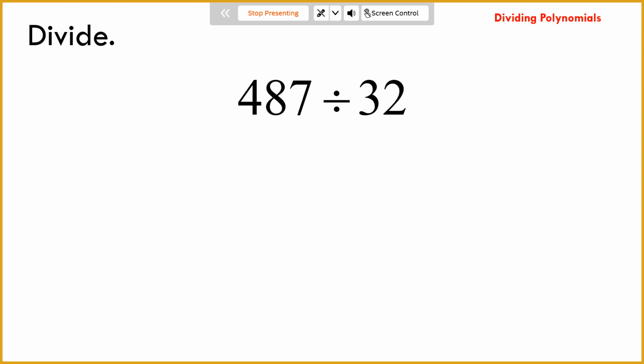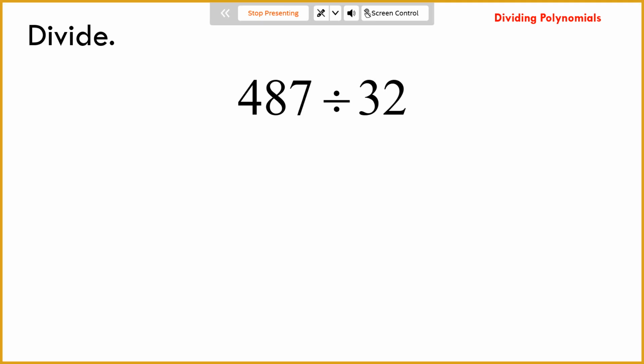All right, back in elementary school, you learned about long division. And if you remember, sometimes you'd have that R when you have a remainder. And now you're going to take that skill set and apply it when you have variables. So if I gave you this and I asked you to teach somebody how to divide these numbers,